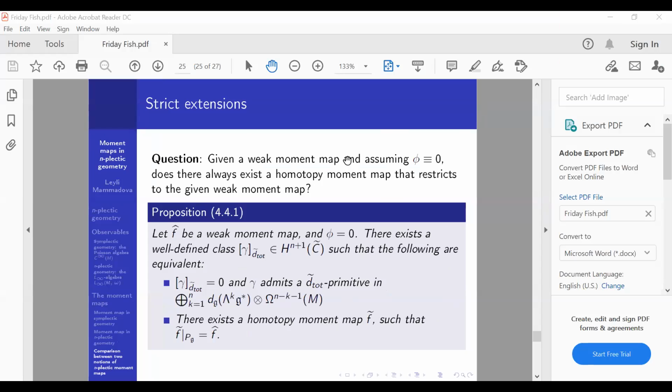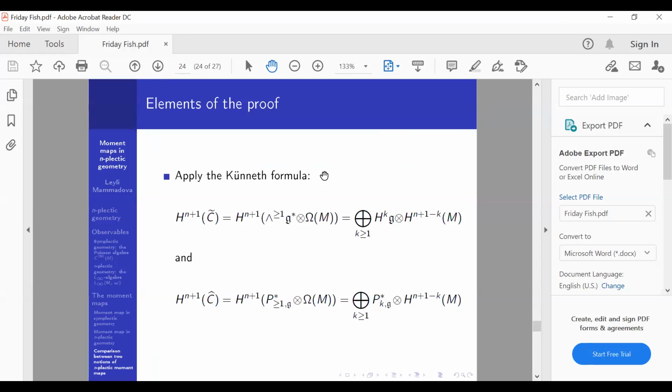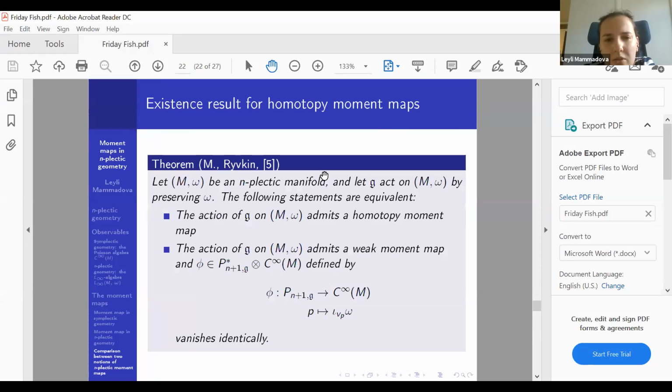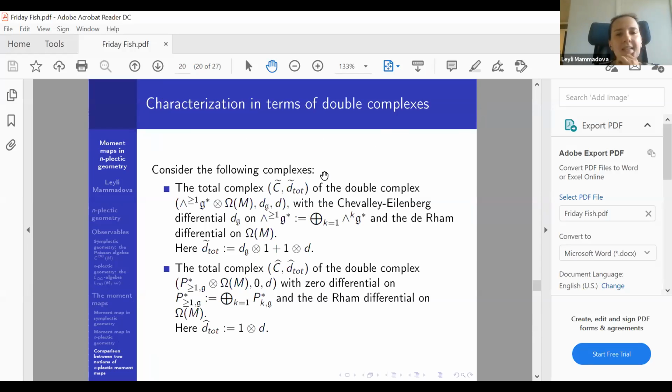So these double complexes, are they related to equivariant cohomology or not? Which one? Yeah, I think yes. The thing is, this homotopy moment map. I don't know about the second double complex, but because this was inspired by the first one, I will just say that yes, this complex